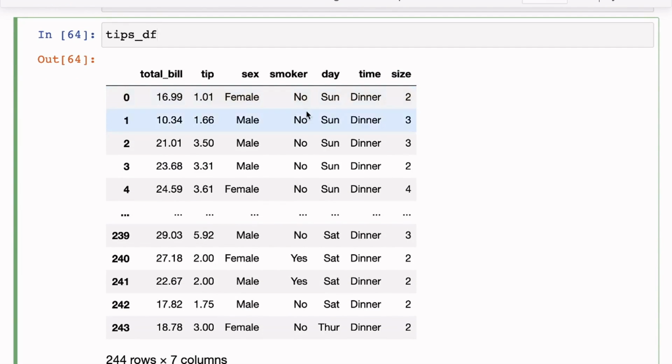And you can see here that one of the questions that you might want to ask is, what does the average bill look like on every day? So how does the average bill compare between Thursday, Friday, Saturday and Sunday? And to do that, you might have to do a group by operation. So actually let's try to do that.